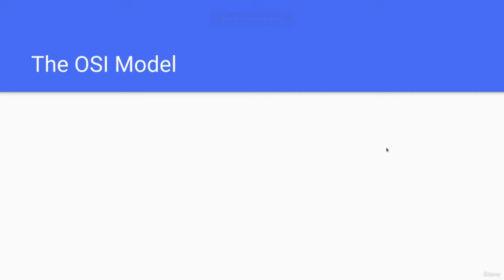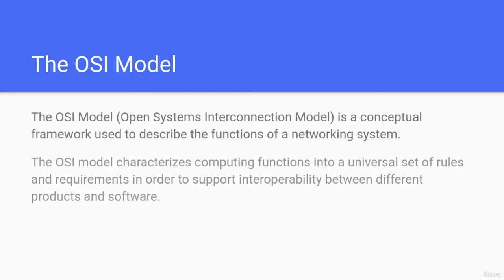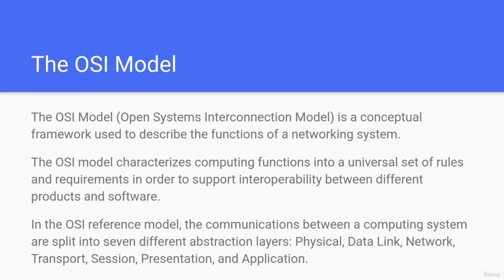The OSI model. The OSI model, which stands for Open Systems Interconnection Model, is a conceptual framework used to describe the functions of a networking system. The OSI model characterizes computing functions into a universal set of rules and requirements in order to support interoperability between different products and software. In the OSI reference model, the communications of a computing system are split into 7 different abstraction layers: